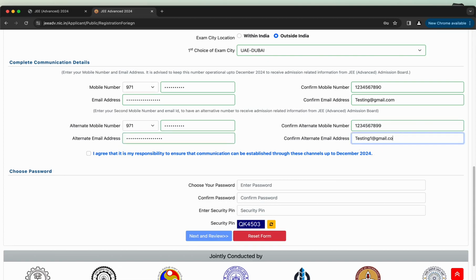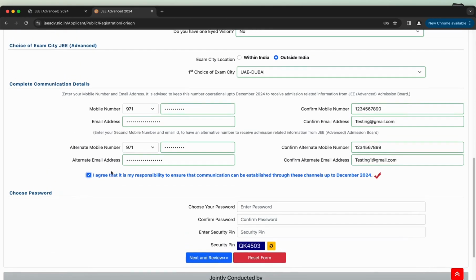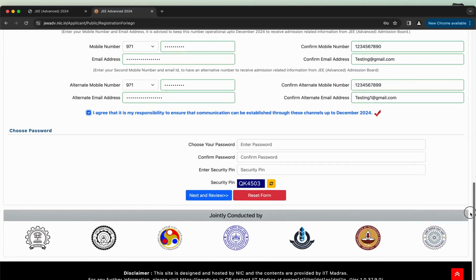Click the checkbox: I agree that it is my responsibility to ensure that communication can be established through these channels up to December 2024.